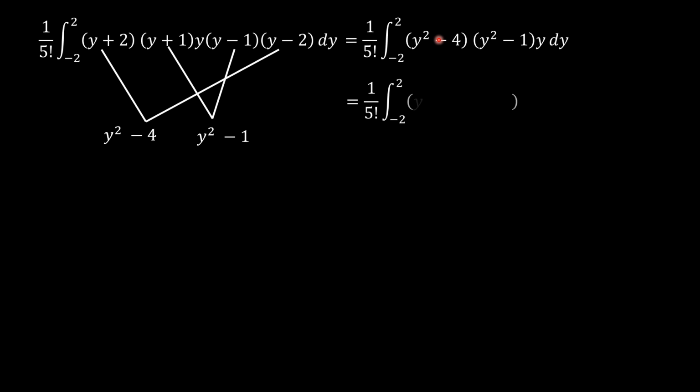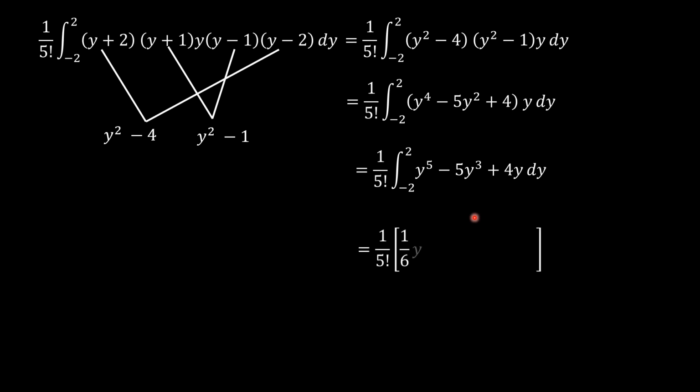And then that becomes 1 over 5 factorial. When you multiply these two together, you get y to the power 4 minus 5y squared plus 4. Multiply y through, and you get the integral of y to the power 5 minus 5y cubed plus 4y, and